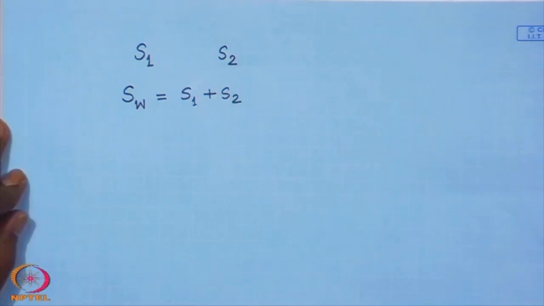So, this is the total within class scatter, and mu 1 is the mean of the feature vectors in class omega 1 and mu 2 is the mean of the feature vectors in class omega 2,